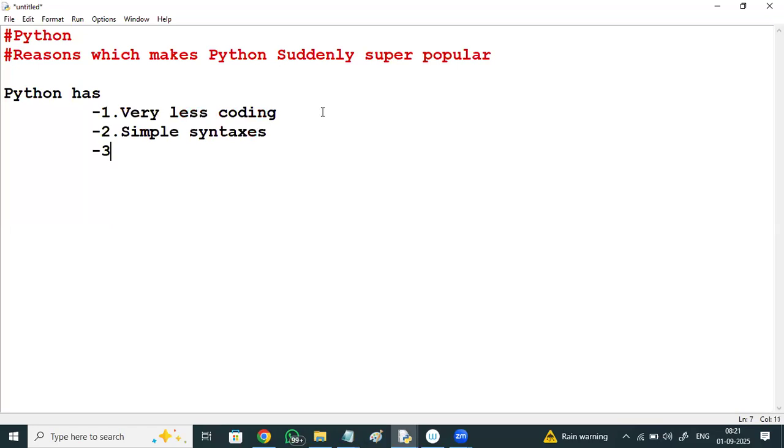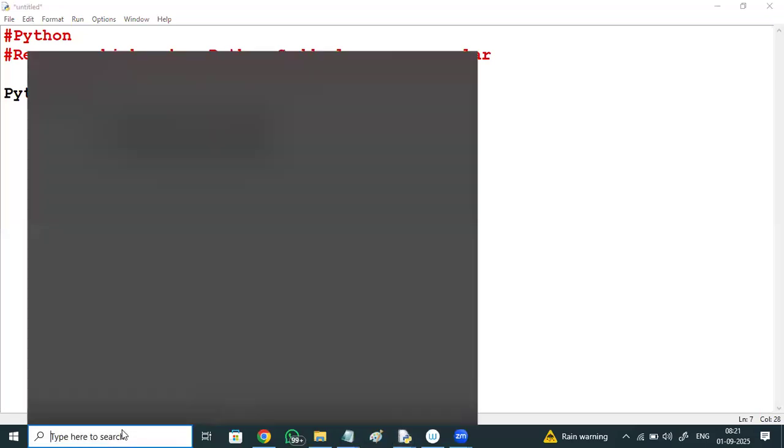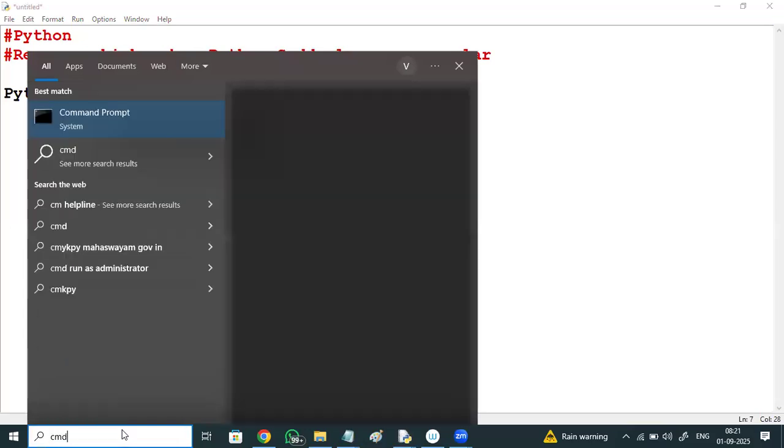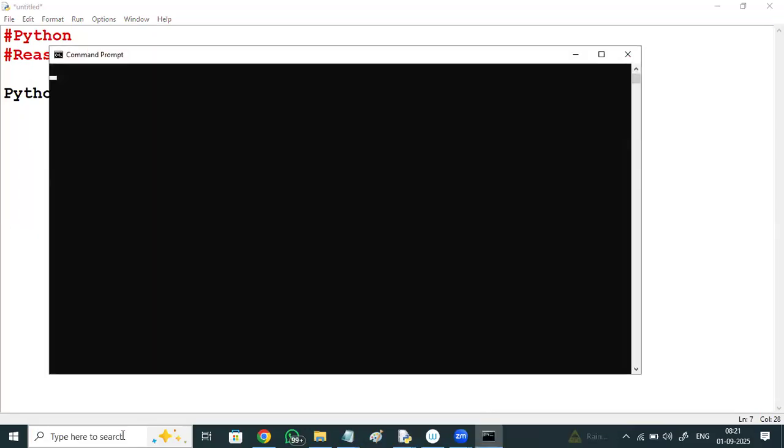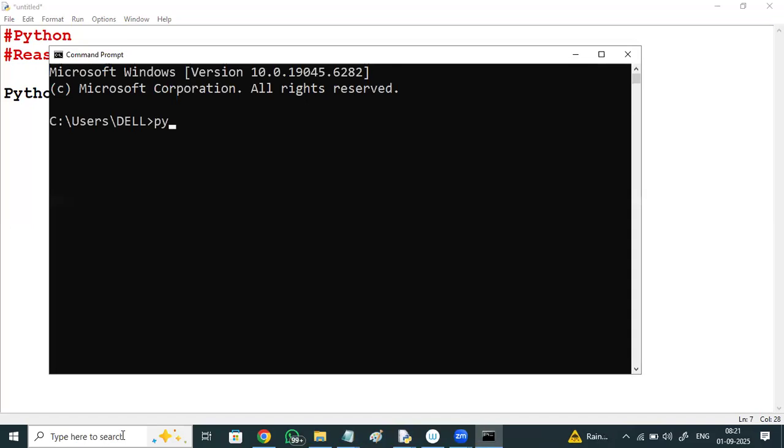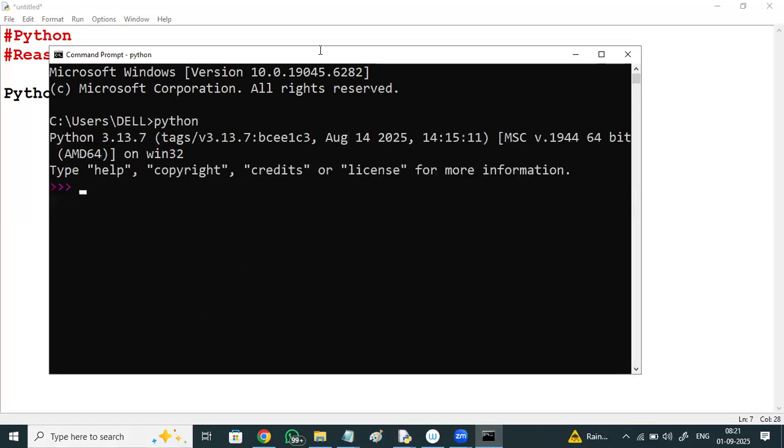They're not as complex as other programming languages. Interactive mode: we can easily interact with Python statement by statement. For every statement, it gives a response. You can check this. If I type CMD in the search, go to the command prompt and type python, the Python interpreter gets opened.